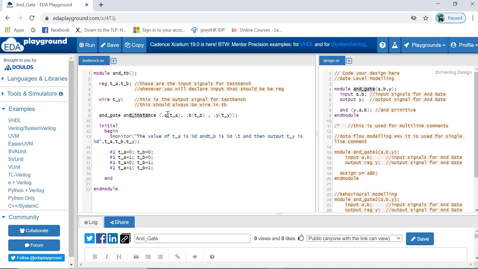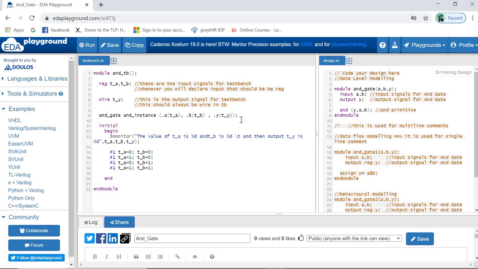Now you will have to connect your design signals with your test bench signals. This is the notation for how you connect your design signals. First, A is a design signal here, you can see A is there. That A you are going to connect with the test bench A. So this A is connected with A, B is connected with the test bench B signal, and then Y is connected with the test bench Y signal.